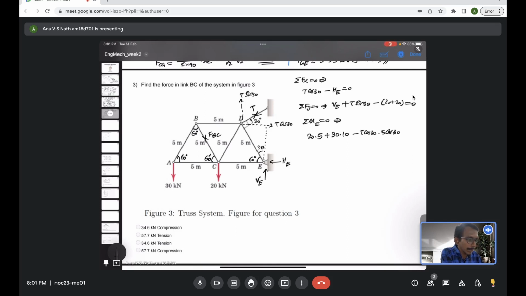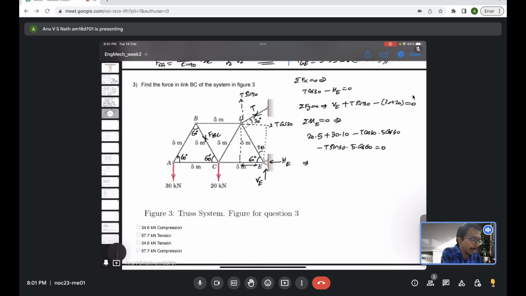Now T sin 30, which is actually this much unit apart, this is the distance, so if this is 5 cos 60, that is also going to make a clockwise moment. So I can say it is T sin 30 times 5 cos 60. So this entire moment should be 0. So I can rewrite this equation as